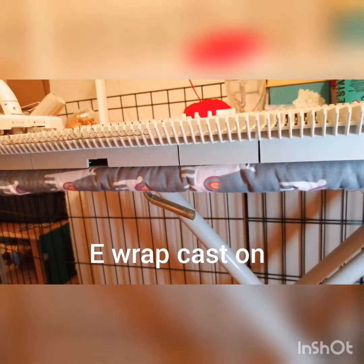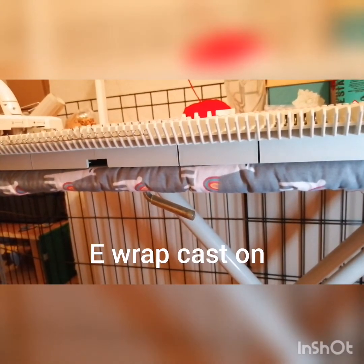Okay, so I've showed you how to cast on using the chain method. Now we are going to do the e-wrap method. The e-wrap method, you have to do it loosely. I cannot stress this enough. Otherwise, if it's too tight, the machine won't like it. It will kill your